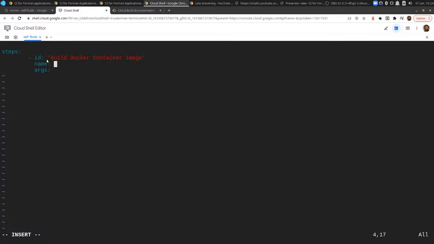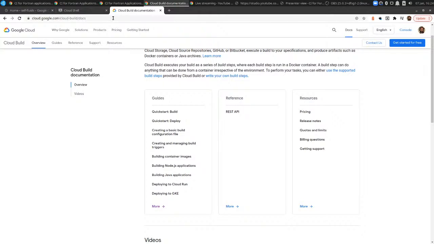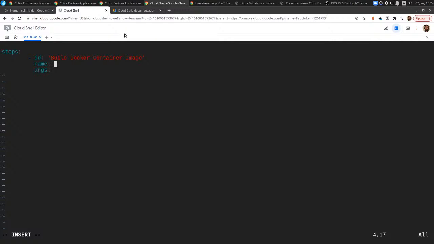Highly recommend, and I'll just put this plug out there now, just check out cloud.google.com/cloudbuild. The documentation there is pretty superb. They've got lots of good guides to help you get your head wrapped around this stuff. But anyways, that name is going to be a container image to start from. So this could be any container that might be available on Docker Hub or that you have available on your own repository. Google also provides